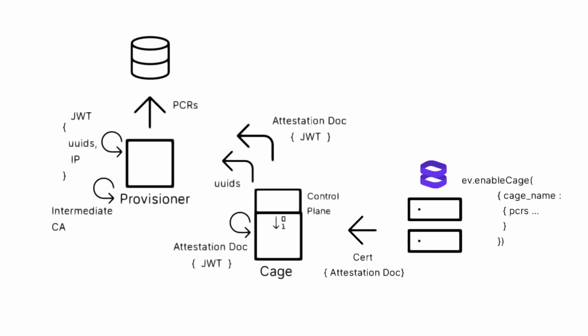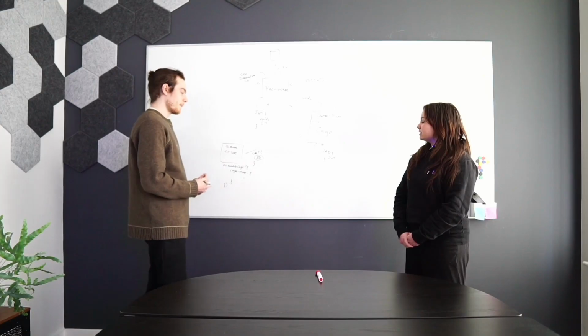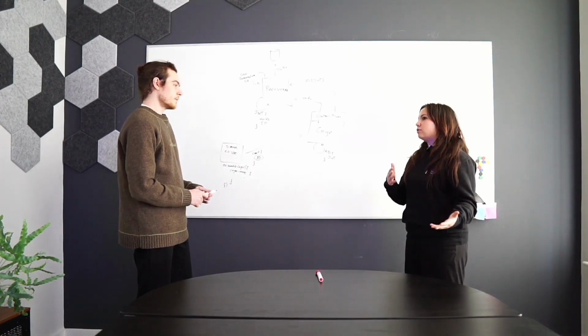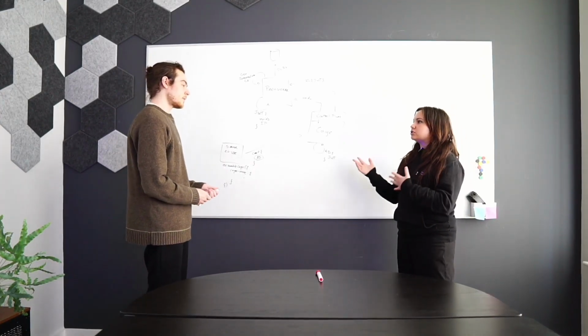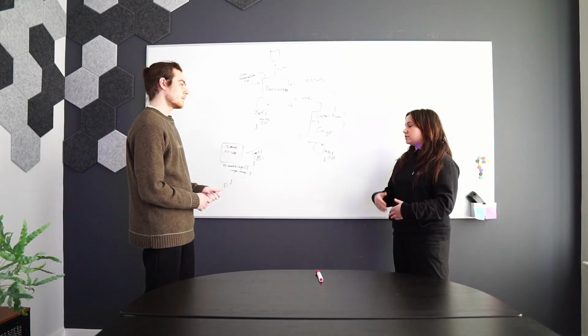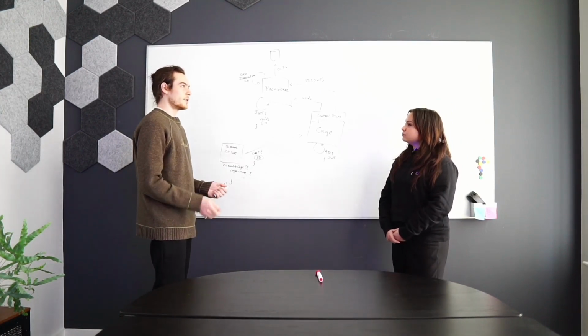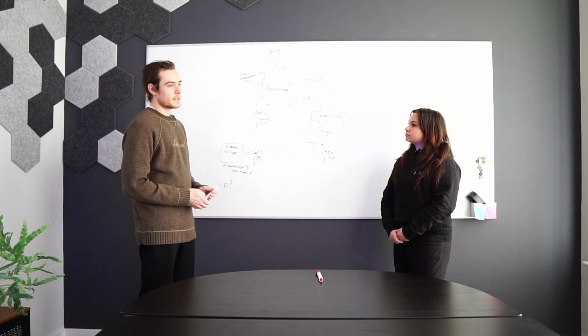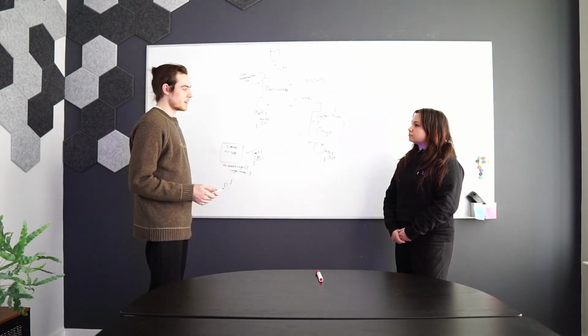So once we receive that cert back, we'll parse out the attestation document, we'll validate things like the AWS signature over that attestation document, but we'll also check that these PCRs line up. So that client can know for certain that it's only speaking to the expected version of their software. Is there anything else that you think is helpful for developers to know about the attestation process as they're getting started with cages? Well, I touched on it earlier, but I think tying the TLS handshake and attestation together is